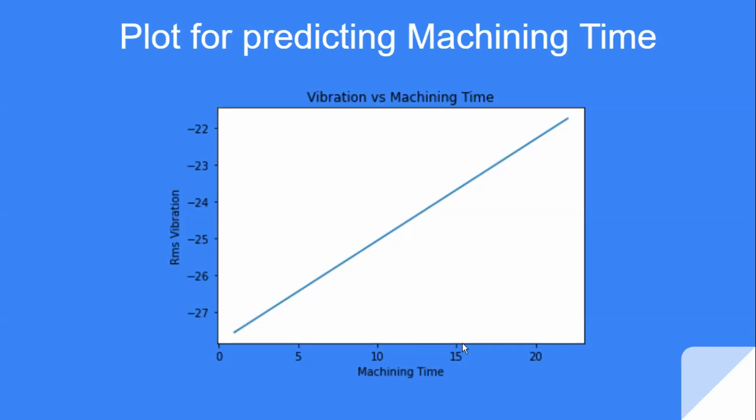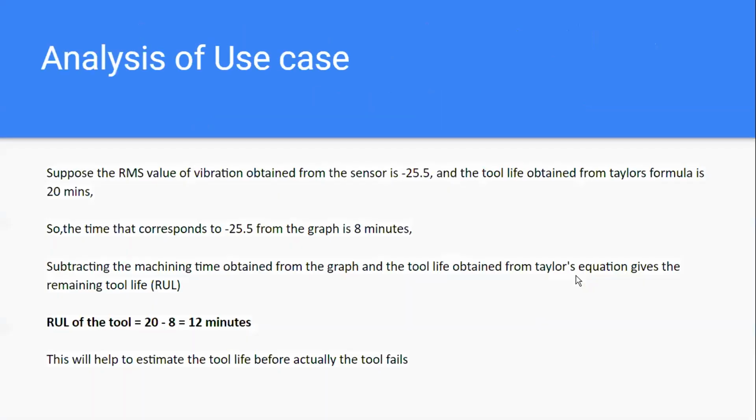I mean, the tool has been used for 15 minutes till now. Using Taylor's formula, if we get another tool life, then subtracting that value from the value we get from the graph, we will be able to predict the remaining useful life. Okay, I think this requires further refinement in understanding, because I'm not very clearly getting the thoughts coming out here. Anybody from industry, if you explain this, may not get the complete picture of what you are trying to communicate. Okay, carry on.